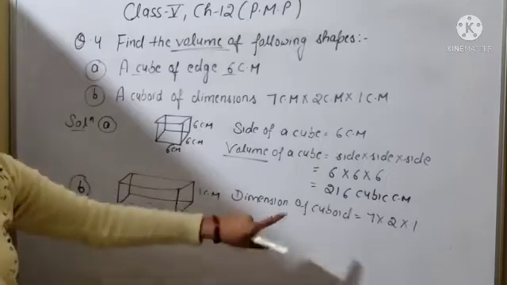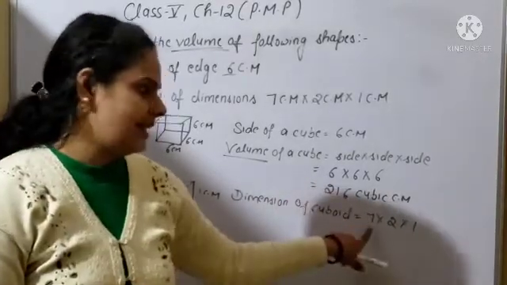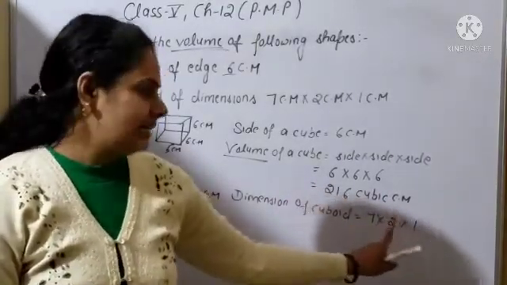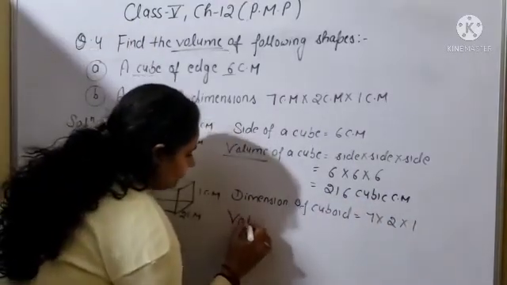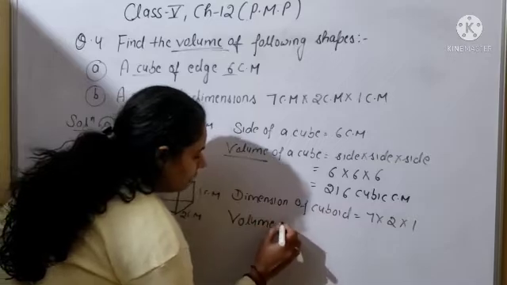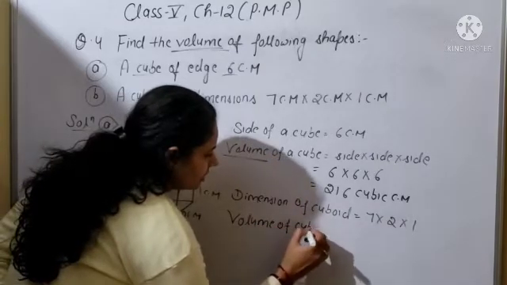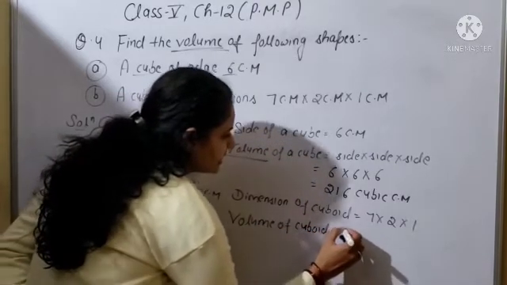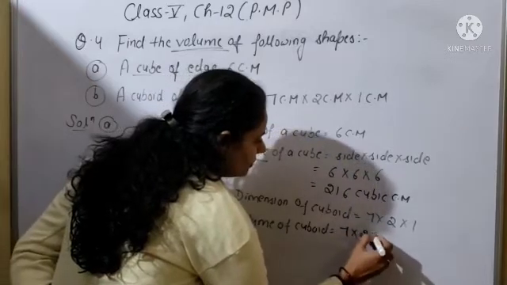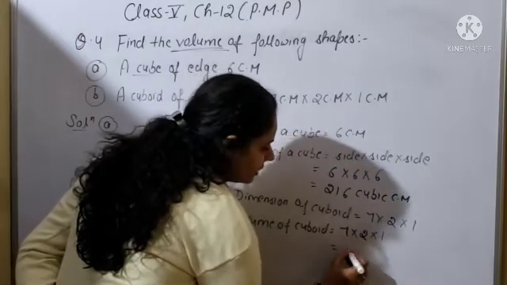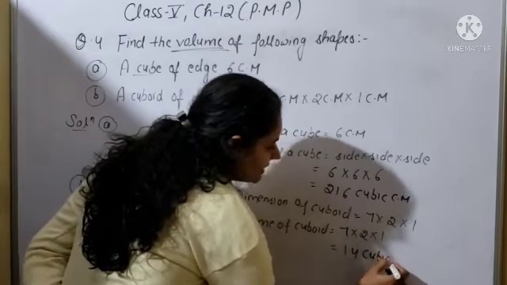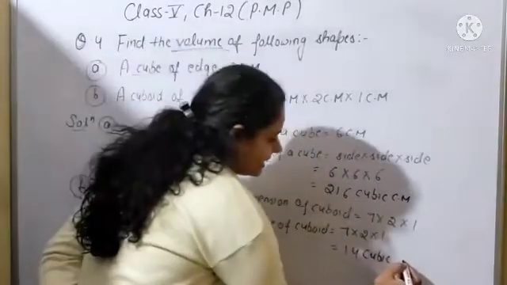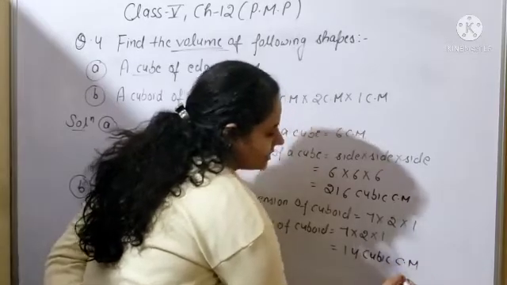Length of the cuboid is 7 centimeter, breadth is 2 centimeter and height is 1 centimeter. So find the volume. Volume of cuboid will be 7 into 2 into 1. 7 2s are 14 and 14 into 1, so it will be 14 cubic. Volume will always be in unit cubic. And if the length, breadth and height are given in meters, so you will write